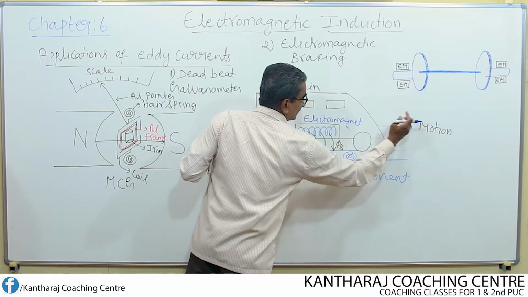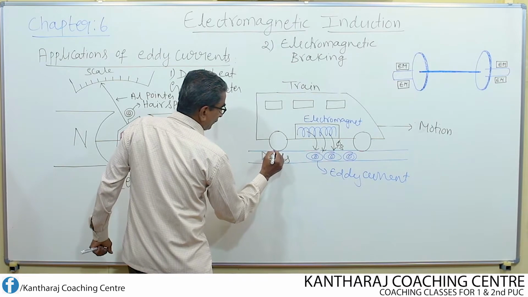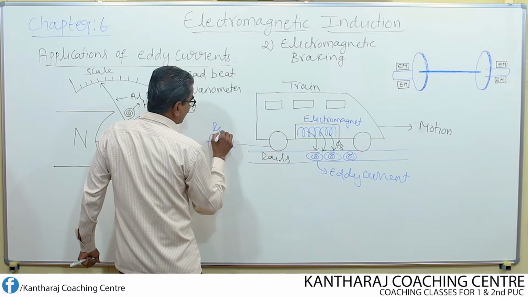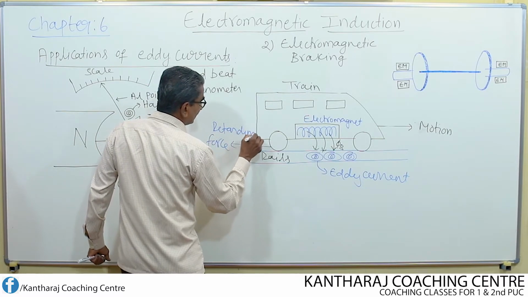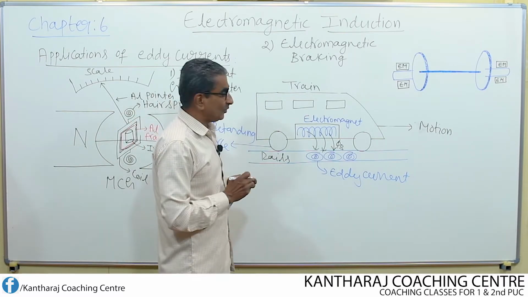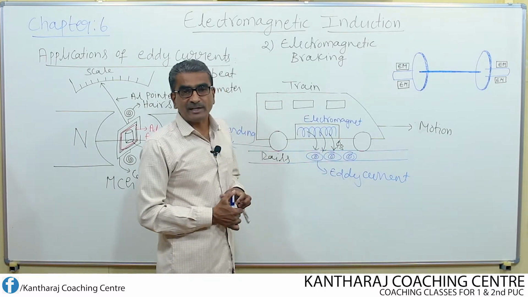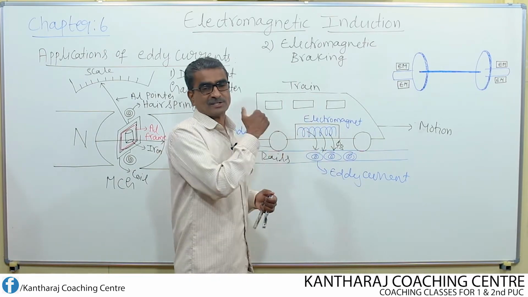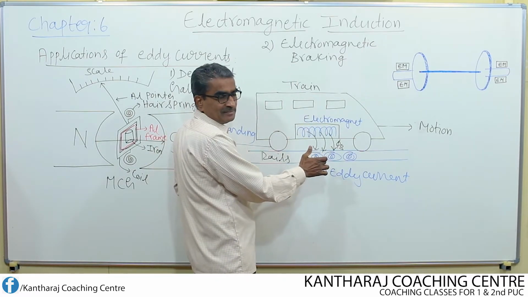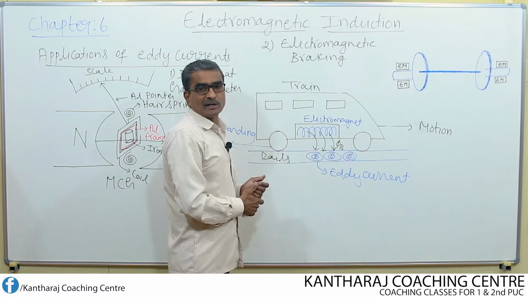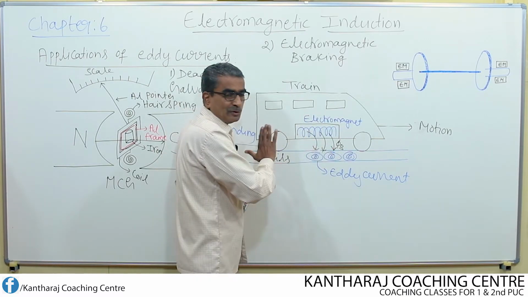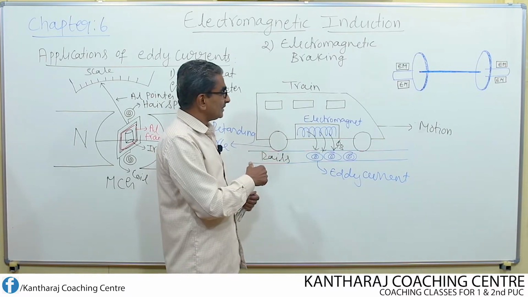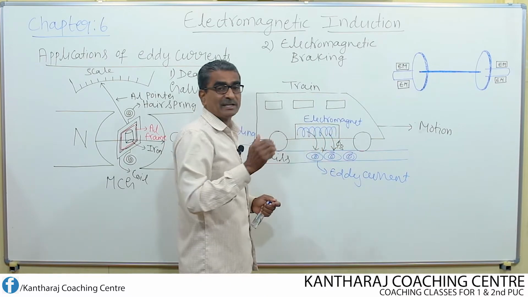If the train is moving towards right, the retarding force will act in the opposite direction. As a result of this retarding force, which is produced by means of eddy current, the train slows down and it comes to rest. Since there is no mechanical connection between the rail and the electromagnets, or between the braking system and the rail, no mechanical linkage, due to this the braking action becomes smooth.